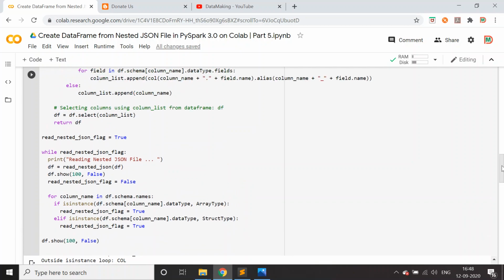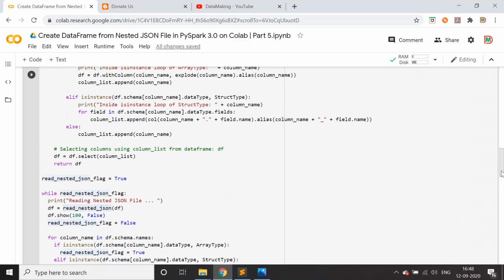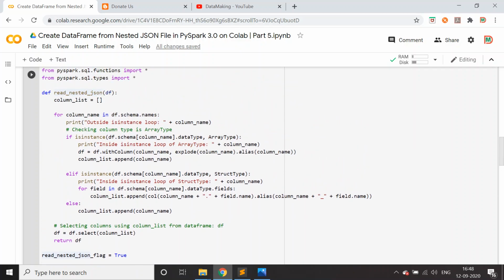Okay, so now we'll explore the functionality written in this read nested JSON. As I mentioned, we are going to loop through each column in that data frame. So df.schema.names will give all the columns in the data frame, and we are going to find out its type.